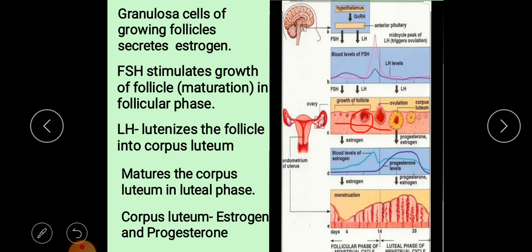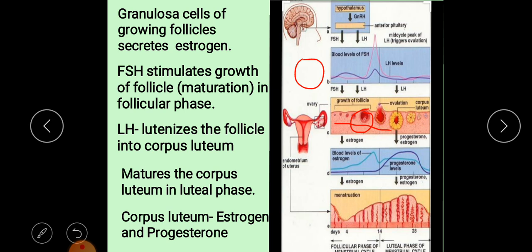Okay. So, the thecal cells we already showed in the structure of the Graafian follicle. The thecal cells surround the outer layer of the follicle cells, the theca externa and the theca interna, where the LH hormone is going to stimulate and proliferate those thecal cells. Okay. And what do these two cells do? So, when these two cells are together, they form a hormone, that is the estrogen hormone.